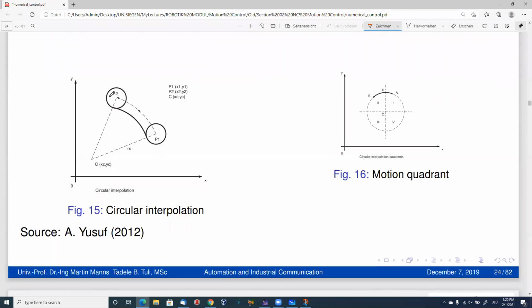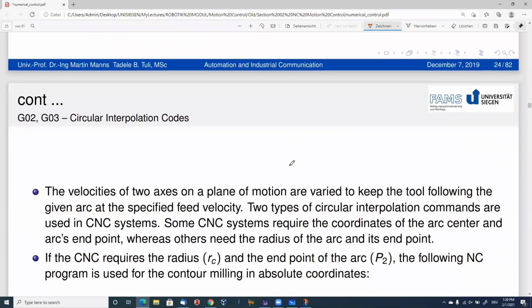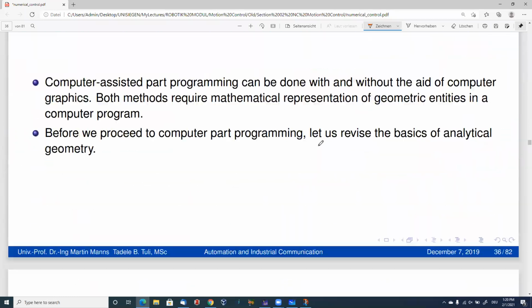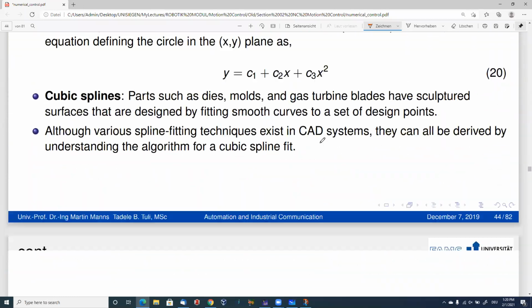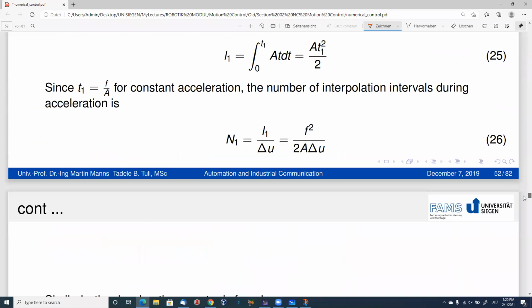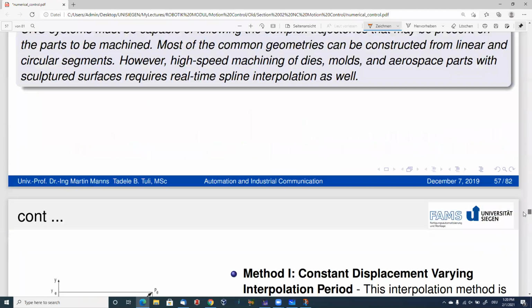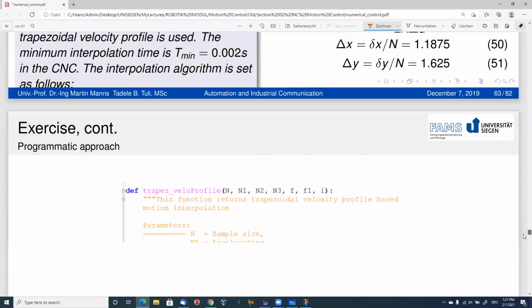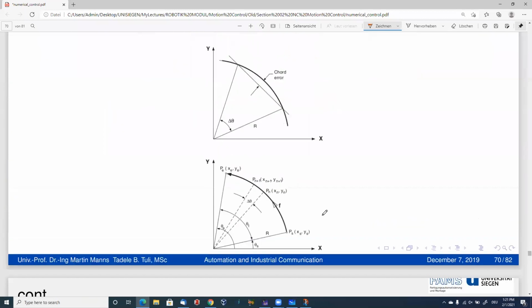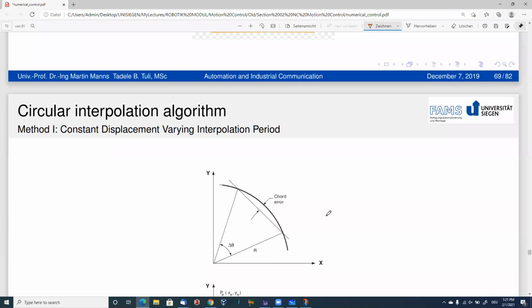so for example, here on this page, we have P1 and there is P2 and there is a radius and there is a center. Now this here is the assumption. The assumption is this delta theta,